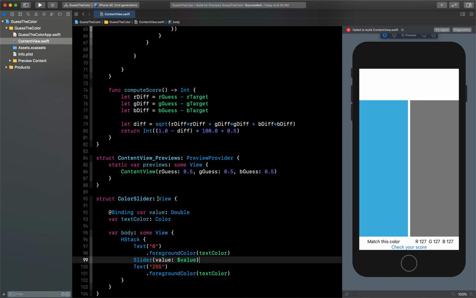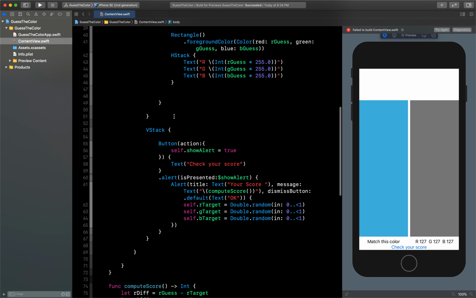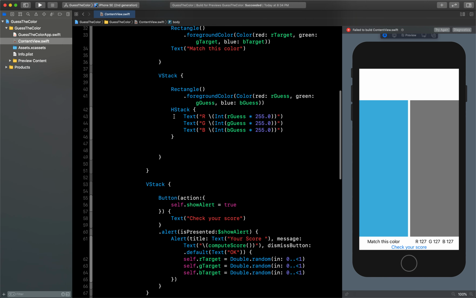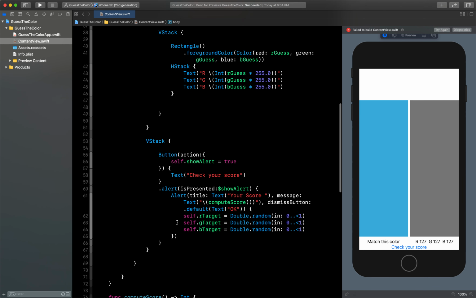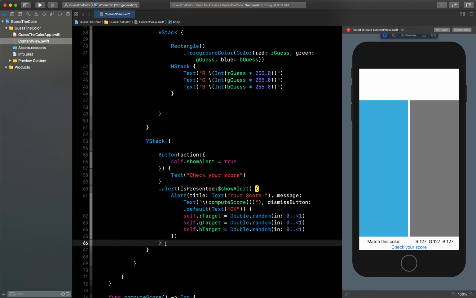Now we just write this 3 times. Sorry for the background noise. I will write this 3 times in the actual view, so that it will display 3 sliders. So let's do that now. Sorry, for this actual slider I have to come to the top here. Once we have presented our alert, here is our alert, below this we can start writing our code.